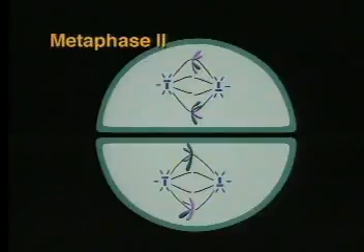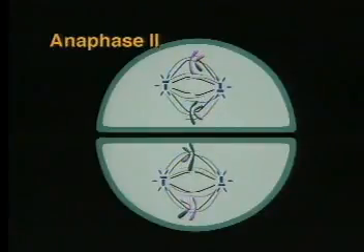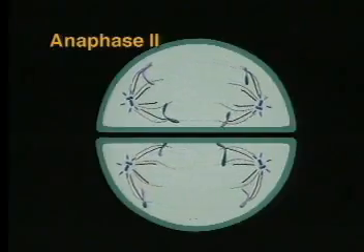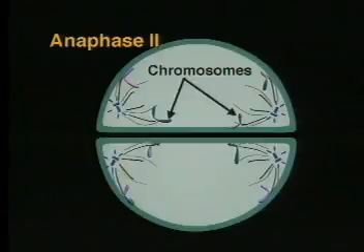As this stage proceeds to metaphase 2, the chromosomes align on the equatorial plane in single file with their sister chromatids facing the opposite poles. The spindle fibers again attach to the centromeres. In anaphase 2, the centromeres split, and the sister chromatids separate and are pulled to the opposite poles. The chromatids are now considered chromosomes.